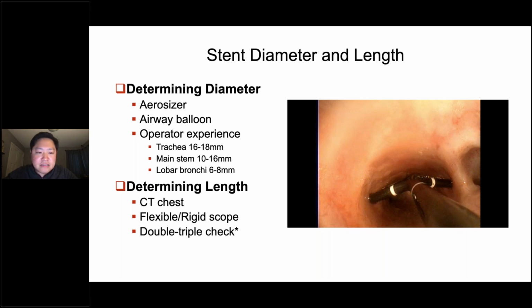because that's going to be the most important thing, especially when you're going through all this trouble to get the patient assessed, get the patient in the procedure room, do your debulking, and the last thing you want to do is place a short stent or too long of a stent where it doesn't fit and you have to replace the stent, because that typically adds another 20-30 minutes to your case.